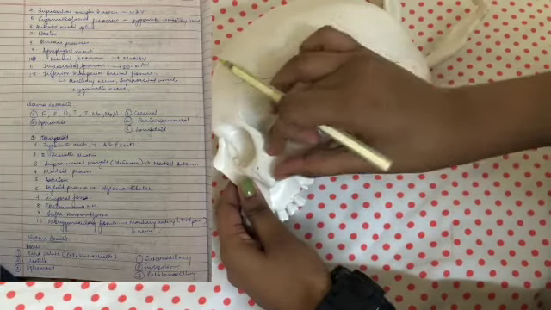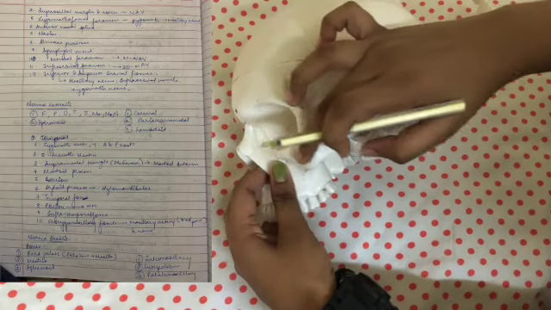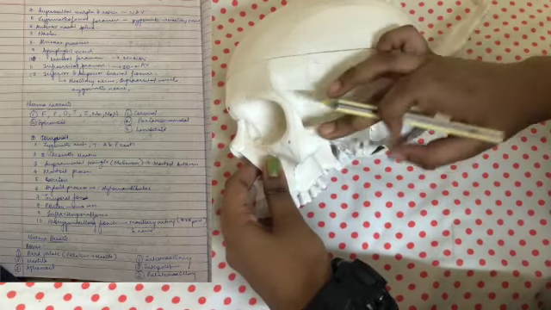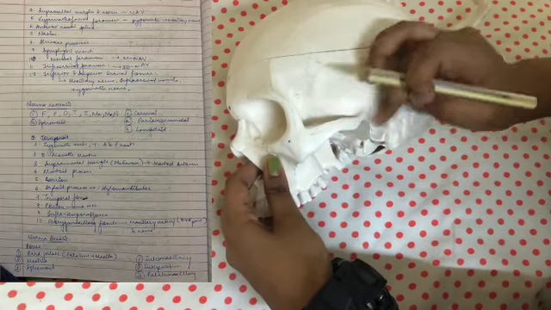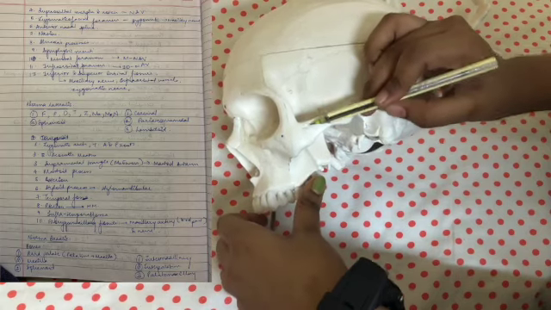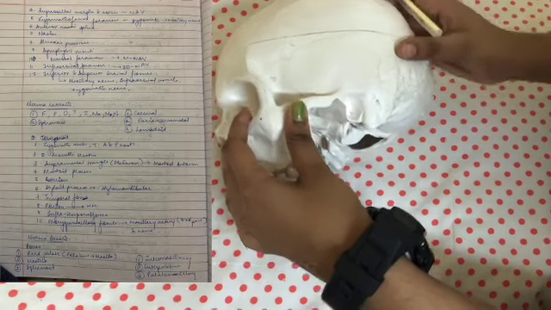The first one being zygomatic arch. So this is the zygomatic bone, the one that makes your cheek prominence. It has a small arch-like structure, as you can see here. This zygomatic arch is kind of important because this is the one that provides attachment to the masseteric muscle. Masseteric muscle is the one that helps in mastication or chewing food.